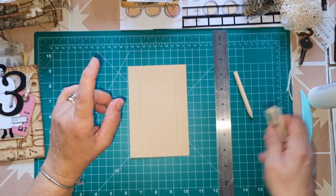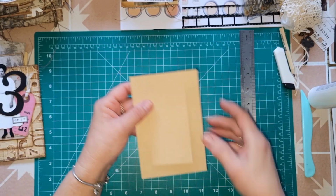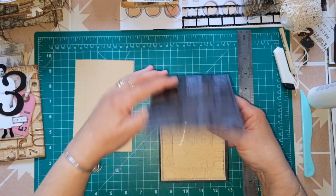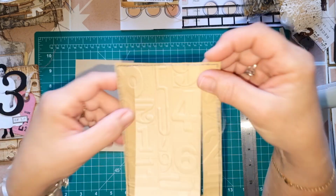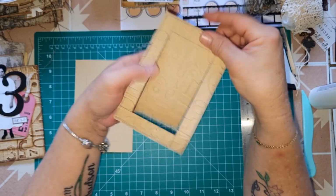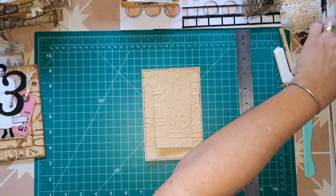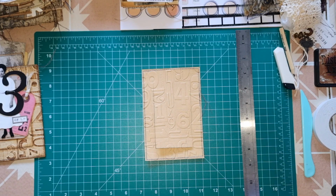All right, so now at this point, because I like to sew, if you wanted to sew around your edges, you would do it now. What I have done also, because I want it embossed, I've just made a second one, and I have embossed it, and I have sewn just around the edge, but it's exactly the same thing that we have just cut out, exactly the same. All right, so what I want to do, just to bring that embossing out more and more, I am just going to ink this with